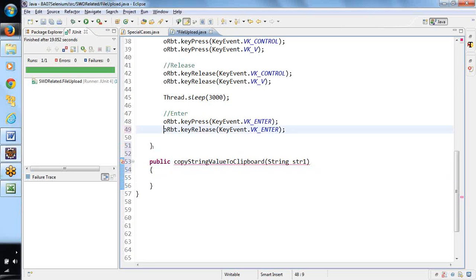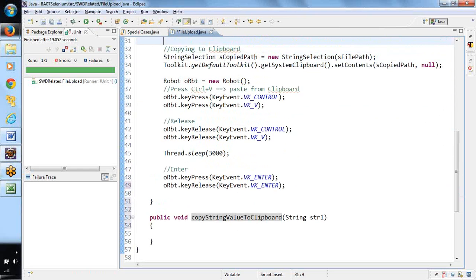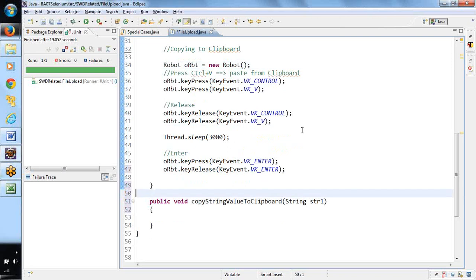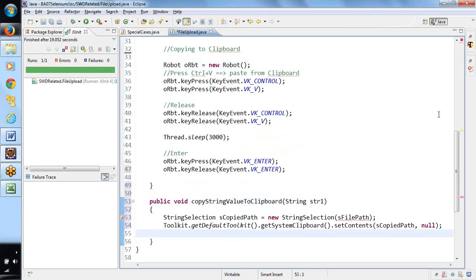Now I would be keeping this particular logic here, and str1 would be here.